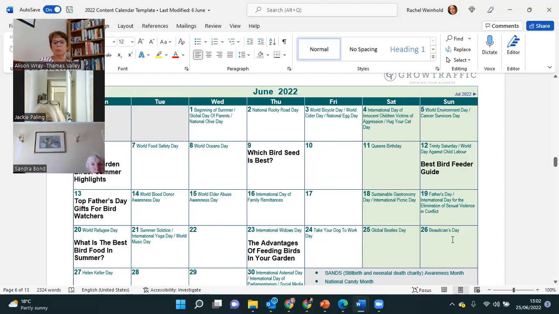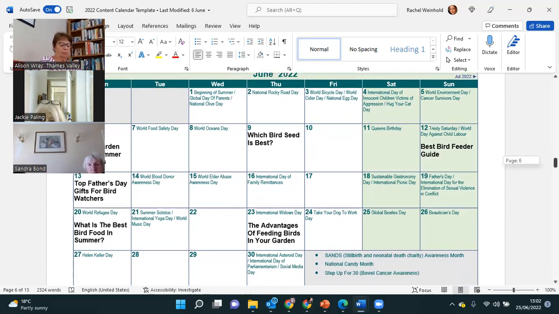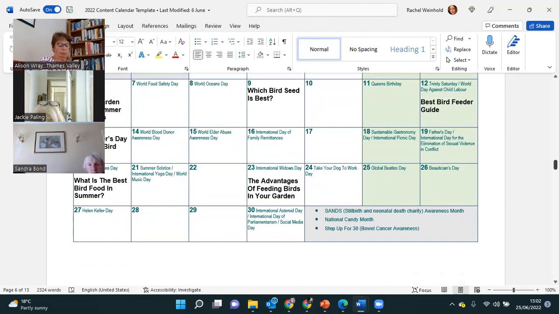And the other thing about these calendar days is it doesn't have to just be the serious and the official ones. Sometimes we can take a day and do it just as a little bit of fun. So for example, it was World UFO Day a couple of months ago, and so we just put a post out saying, has anyone ever seen a UFO? Just as a joke. Again, it's all about conversations, getting people talking.